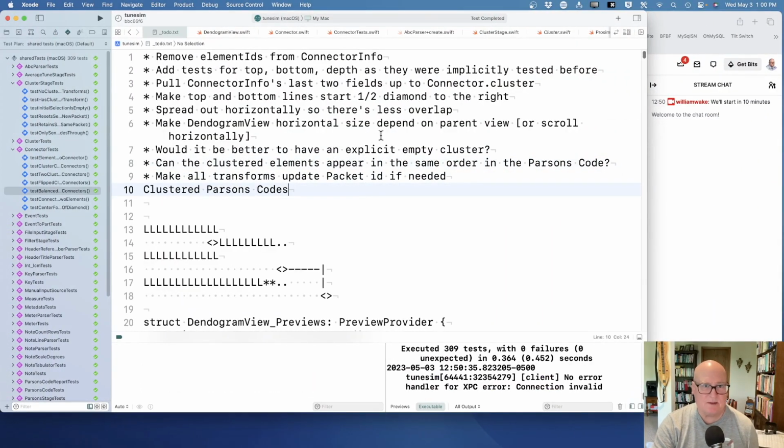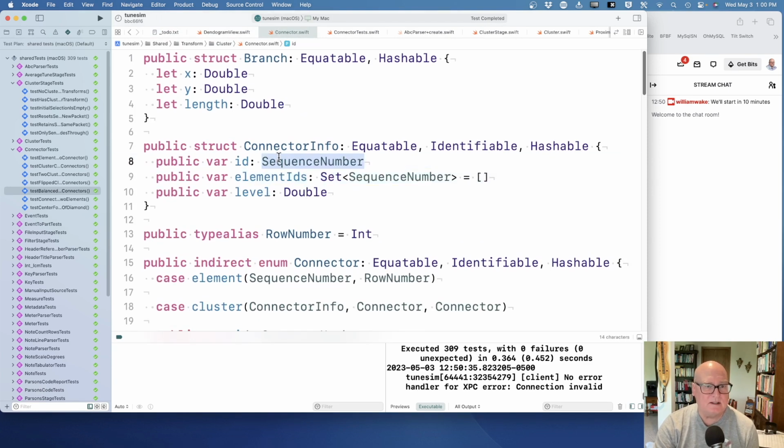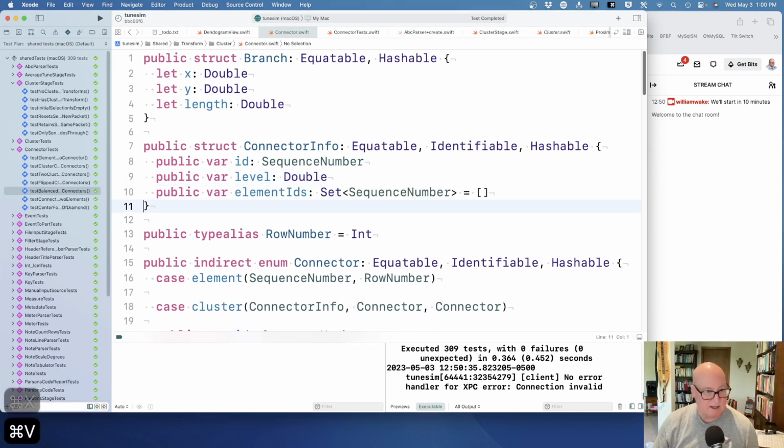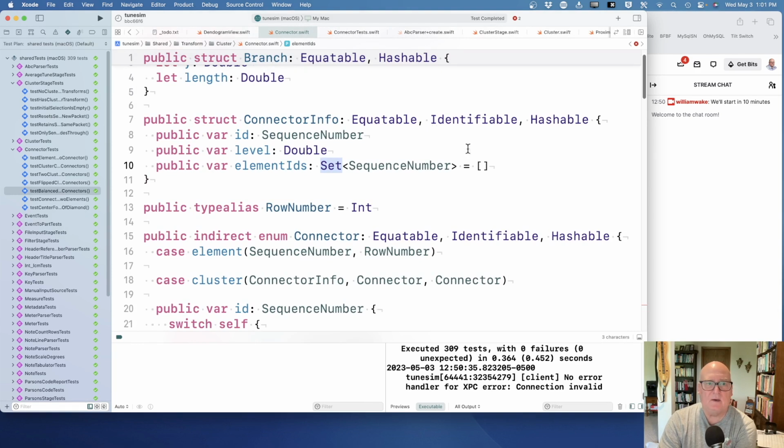I just ran tests, so that should be good. We left off working with ConnectorInfo and removing element IDs. Okay, so ConnectorInfo contains the sequence number and the level, and it contains the element IDs. I'm just going to move them down. Now these are computed, today they're computed from the cluster. So when we create a connector,